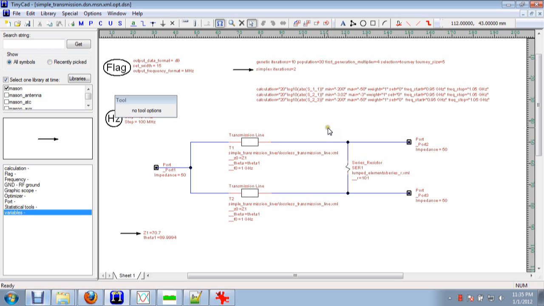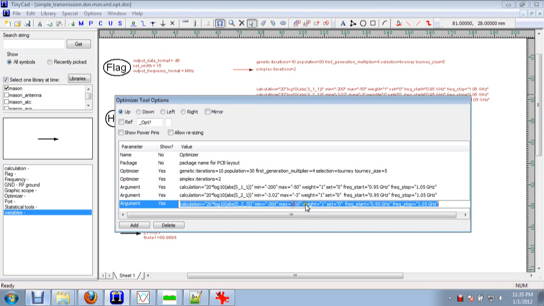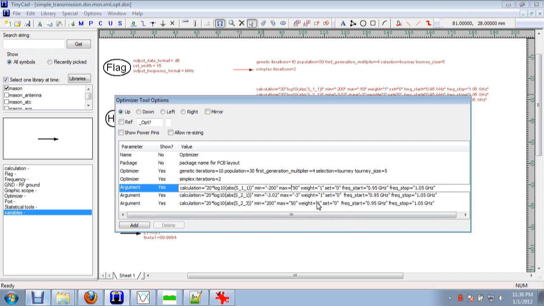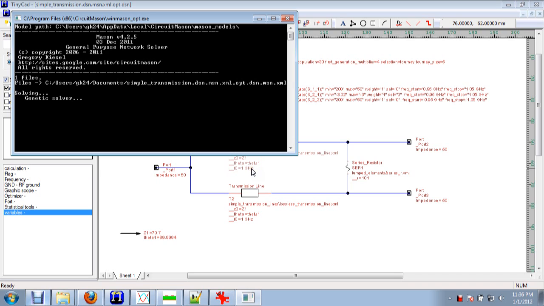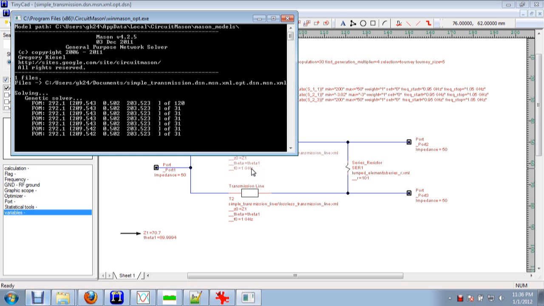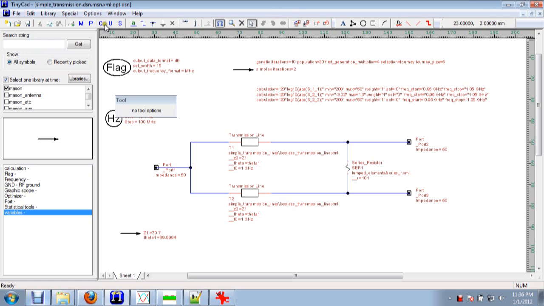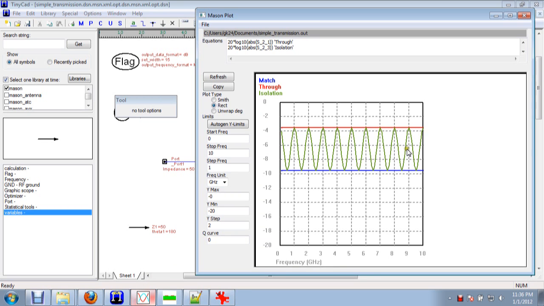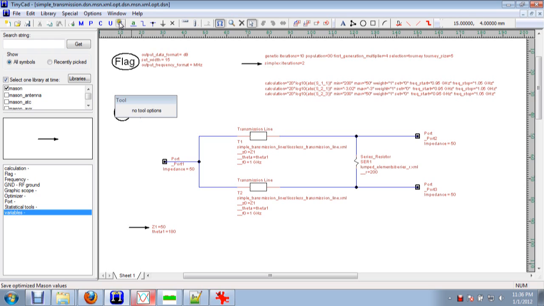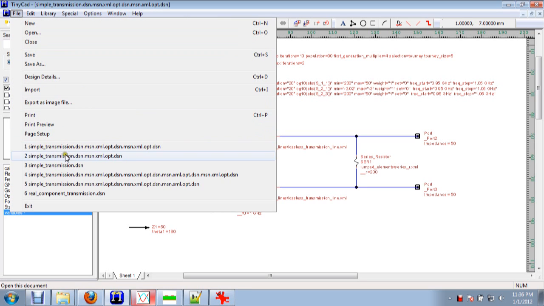Now let's say, for the sake of argument, that you perform an optimization, but you've done something that is very wrong. I'm going to set up the wrong minimums, run Mason, and I can tell just by looking at this that something's not right. Well, historically I've been hitting this S button to save the optimized Mason values, but instead of hitting this S button, if I wanted to go back after updating, what I can do is go to my